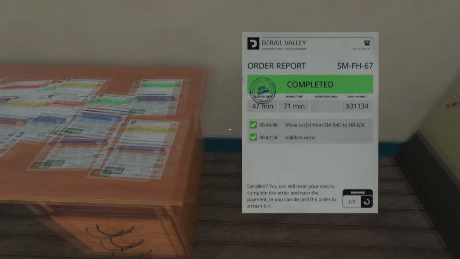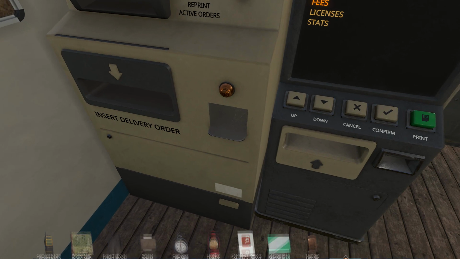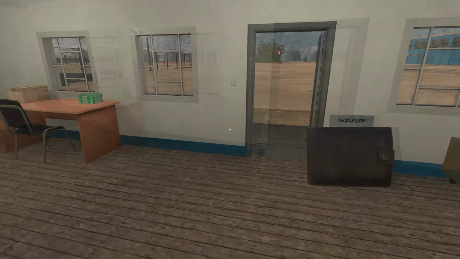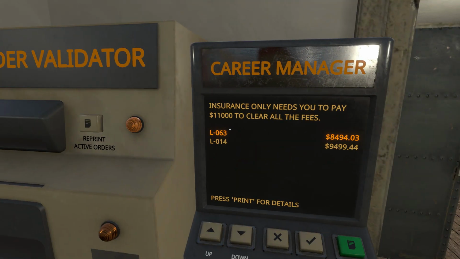So it looks like we've got a fair chunk of money now. That looks like $46,000. Okay, that's awesome. So we've earned 46 grand for that job, more than the 30 odd that we were going to get. So we're back up to 58 grand. That's fantastic, absolutely fantastic. Now the only thing that's not quite fantastic is, unfortunately, our fees are